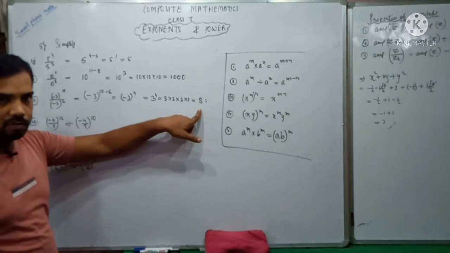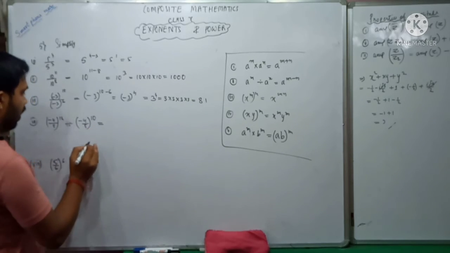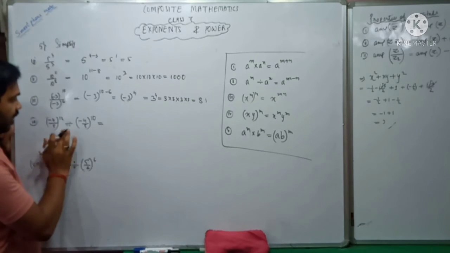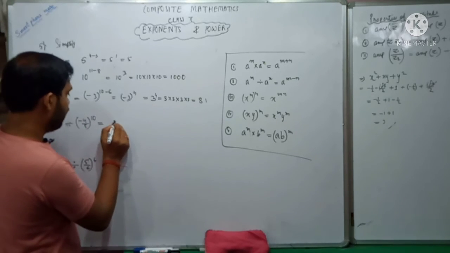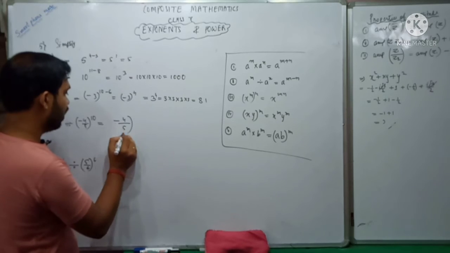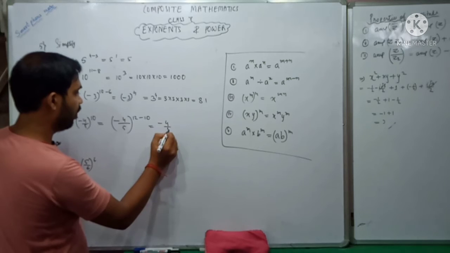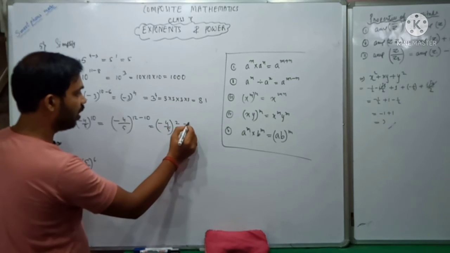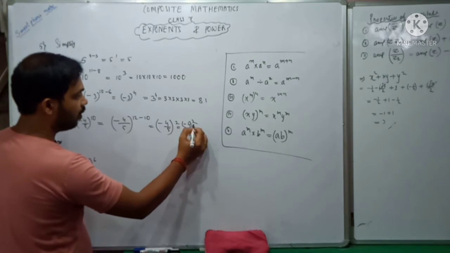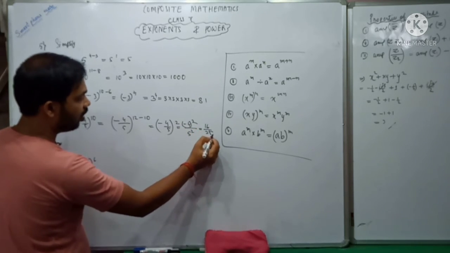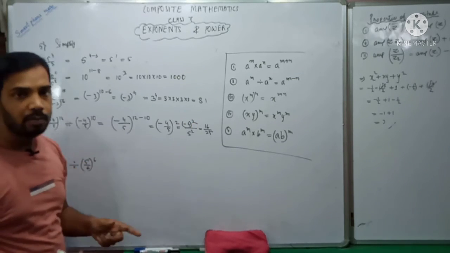So if you understand, fine; if you do not understand, please reply in the comment. Okay. Next you see, bases are same and divided, then the power will be, you know very well, subtracted. So we will write the base once and we will subtract the power. So it is minus 4 by 5 whole power 2, which you can write as minus 4 square by 5 square. So minus 4 square is 4 4s are 16, and 5 5s are 25. So this is our answer. You see the power is even, so it will be positive.